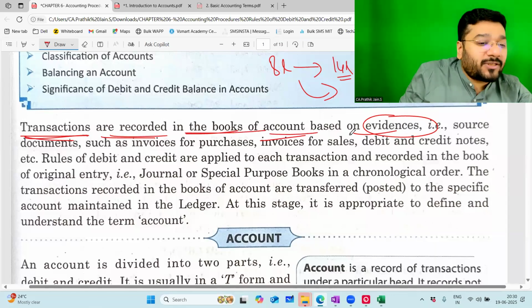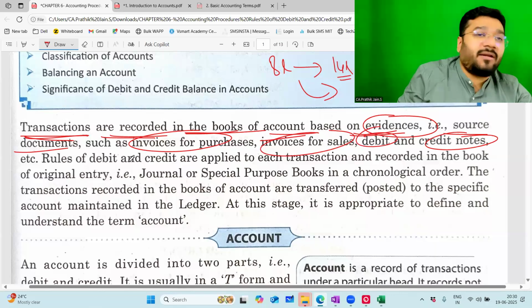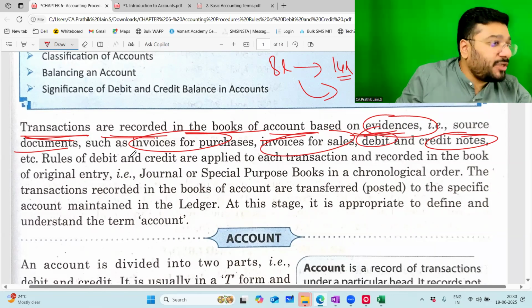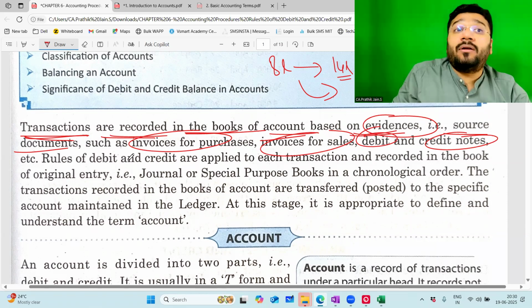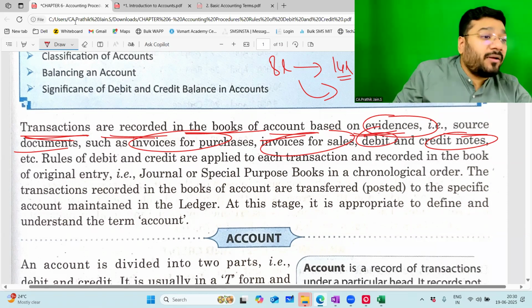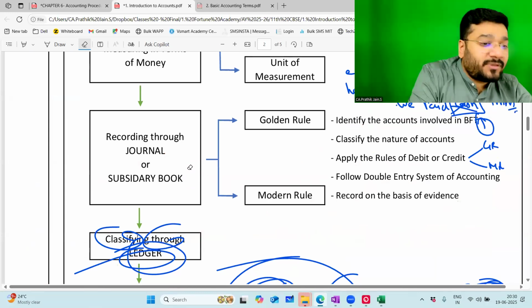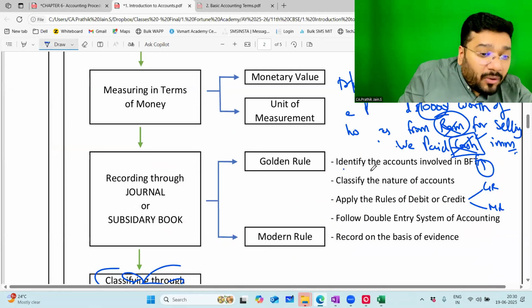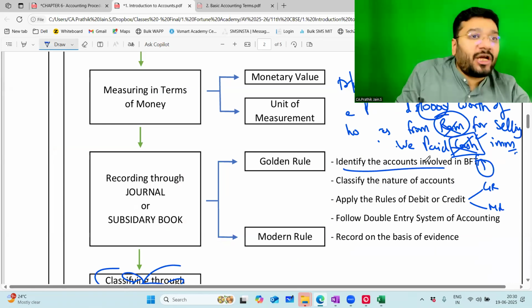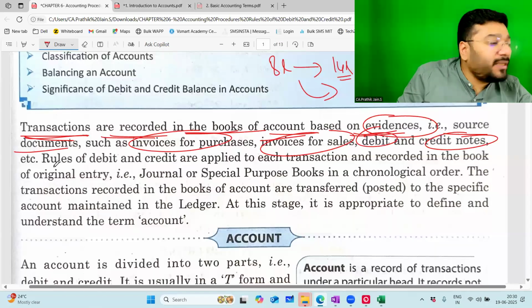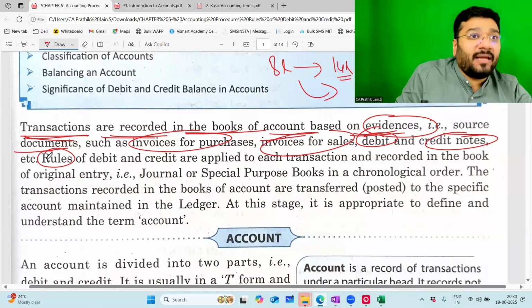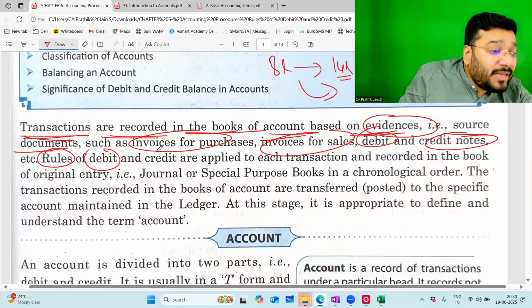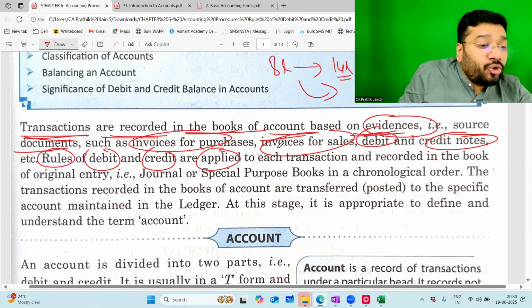Transactions are recorded in books of accounts on the basis of evidences, that is source documents such as purchase bill, sale bill, debit note, credit note, etc. Once you identify a business financial transaction measured in terms of money, now you have to record the entries through the journal. For recording the entries in the journal, you have to follow some steps. What are the steps involved? Identify the accounts involved: purchase account, sale account, cash account, etc. Then classify the nature. Then apply the rules of debit and credit. That is what they're telling. Once you identify a transaction and start recording it, you have to apply the rules of debit and credit, and then record in the book of original entry